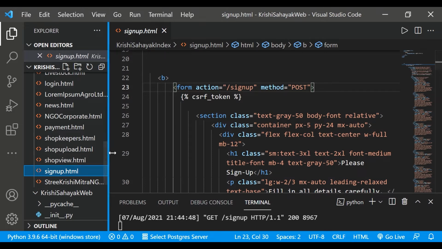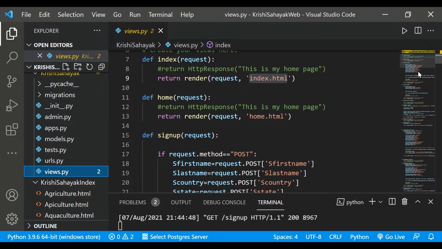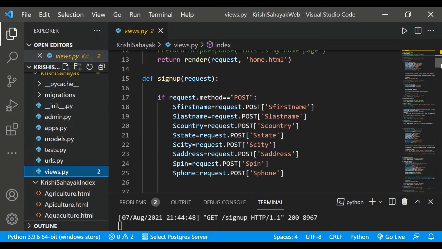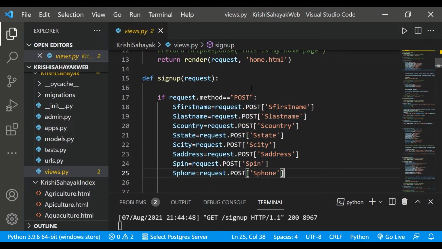Now what is the work of that views.py function that we are using? We define a function named signup, and when that function is called, if request.method equals POST, then all these run. What does this mean?